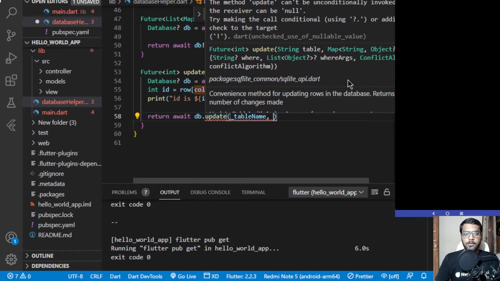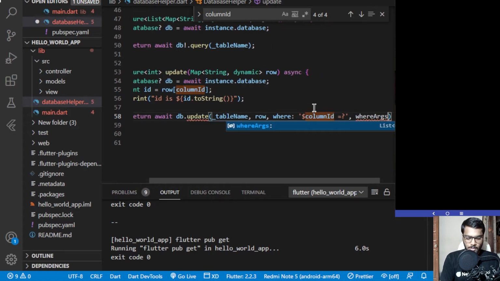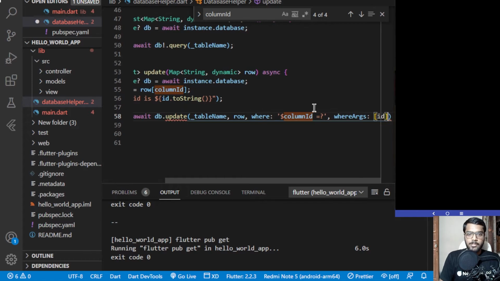It takes values as well, so for that we have to pass row, and we can pass a where, so we can check where $columnId is equal to question mark, and whereArgs, like where the arguments are equal to this id which we have created above.